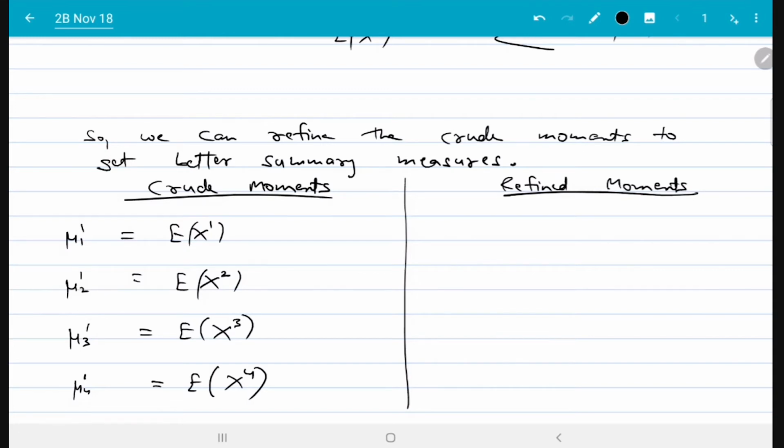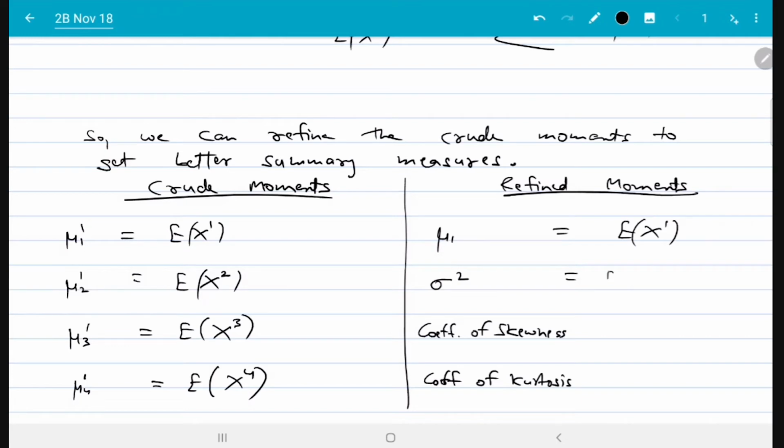But if we can refine them, then this, coefficient of skewness, coefficient of kurtosis, the second one is